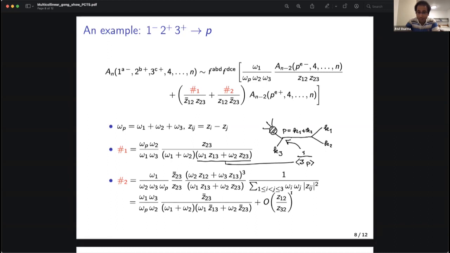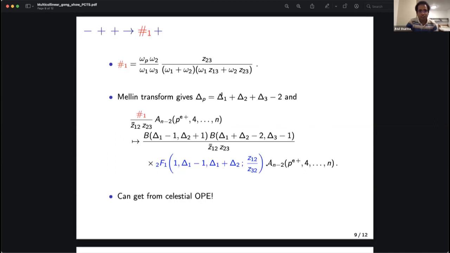But number 2 does see the 3-gluon singularity. And we haven't been able to determine the full singularity using just conformal descendants. But even here, if you do a leading order approximation, where you expand in the ratio of the holomorphic distances, the leading order part that you get is still completely fixed by the conformal descendant OPE I showed you before, because miraculously it has the same form as the other case, up to a complex conjugation. So just quickly,